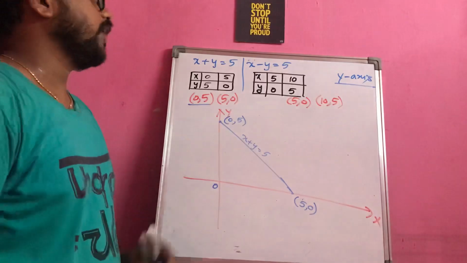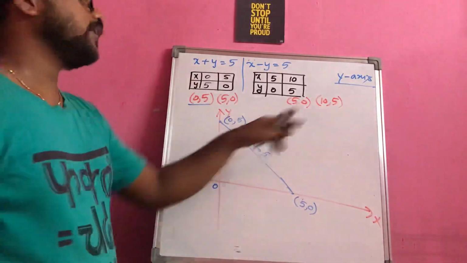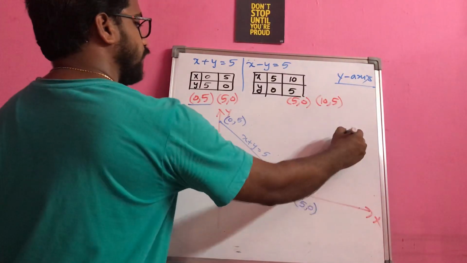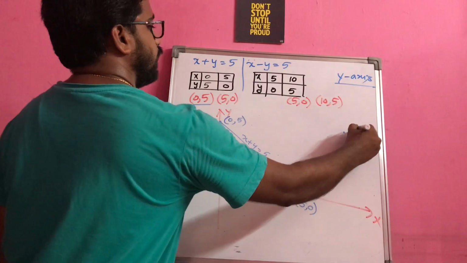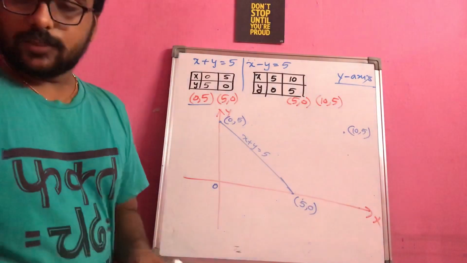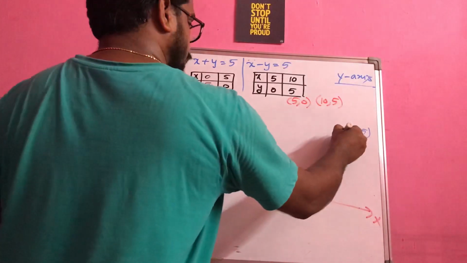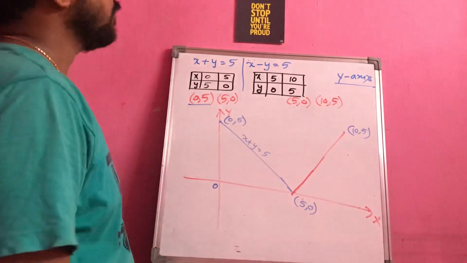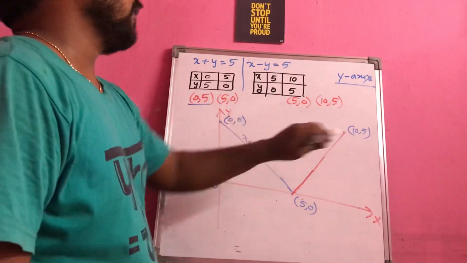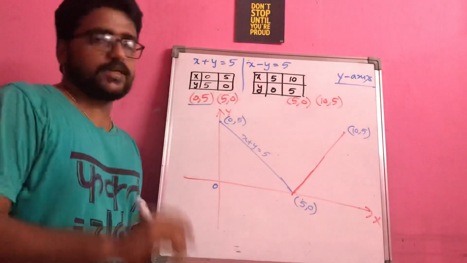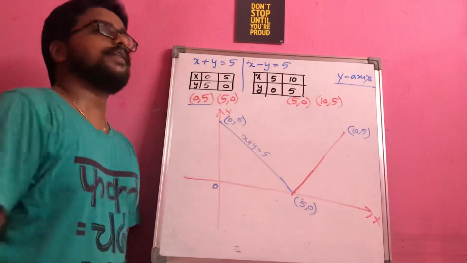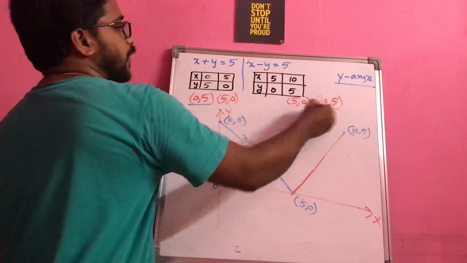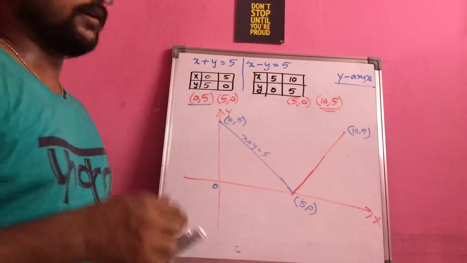Okay. Next is (5, 0), that means this is the point, and (10, 5) they are saying. That means 10 will be somewhere here and along with 5 units here. So here I am getting (10, 5), this is my other point. You can observe here I am getting (10, 5), but if you try to understand one small thing here, we are not getting the triangular region, right? So you can change the points here so that it will result in the triangular region.